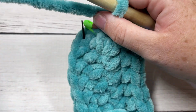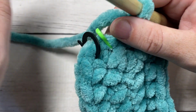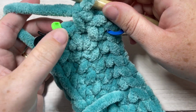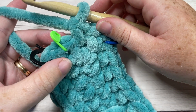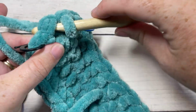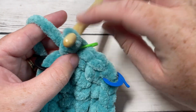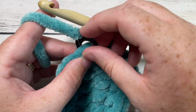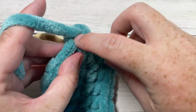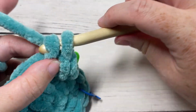From here on until the end of round 5, so for 3 more rounds, you're going to continue to repeat that round 2. So in your first stitch, work a single crochet across to that first corner stitch marker. In the corner stitch, you're going to work 3 single crochet stitches and mark the second one, and repeat that all the way down to your next corner until you've worked all 4 corners, and then return to your first